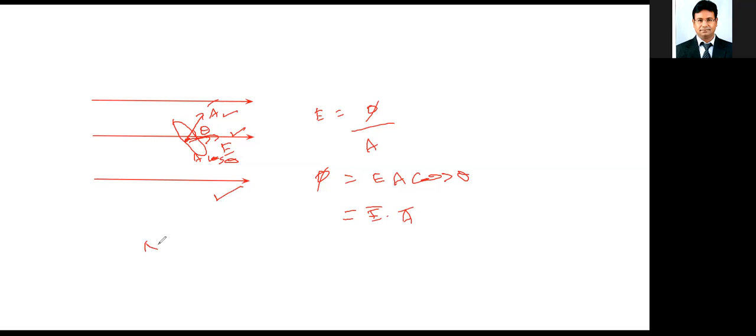For a non-uniform electric field, whenever anything is non-uniform, we always use calculus or integrals. So now let us try to represent that. It is given as flux is integral E bar dot dA bar, where dA bar is the areal vector and E bar is the electric field vector. So this is about the relation between electric field and flux.